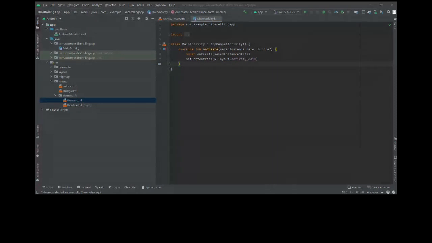If you are connected, just go to your phone settings. Then go to About phone and find build number. Tap it multiple times until you see a message saying that you are a developer now.